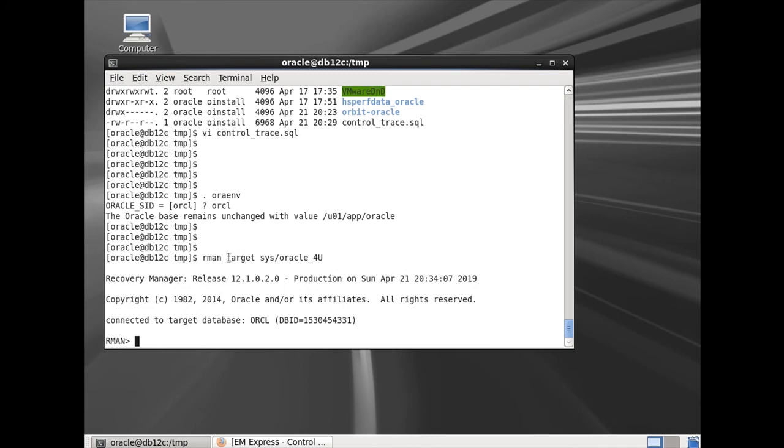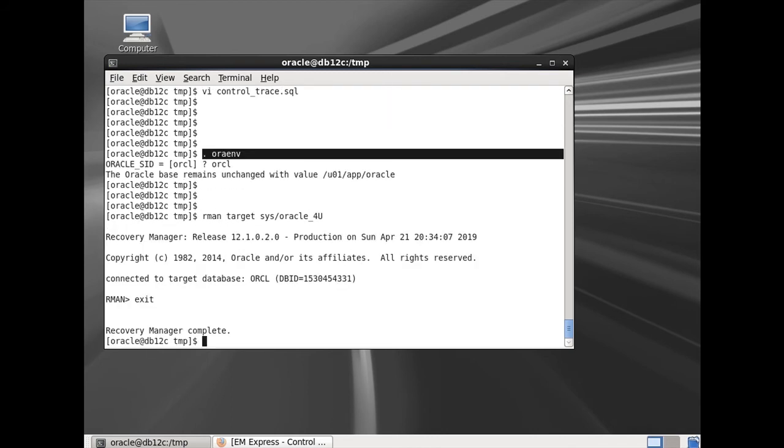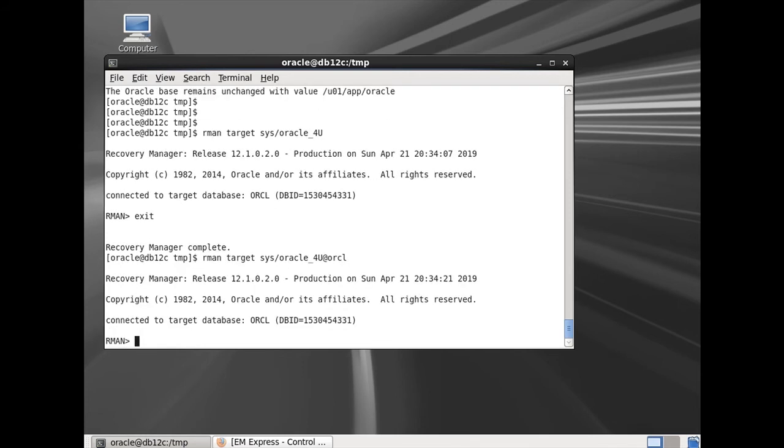Oracle will connect to the database specified when running RMAN, or you can use, for example, rman target sys/password@ORCL by using the TNS name. So RMAN should give you a message like connected to target database ORCL and the database ID. You have to make sure you are connecting to the target database that you are planning to take a backup